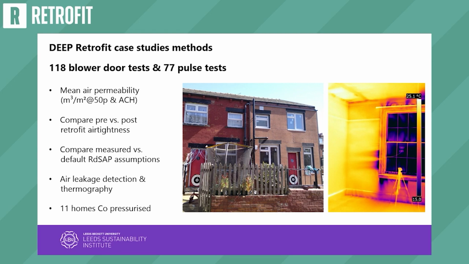Okay, so we can do that. So we did over 118 at every single stage of all the different retrofits to see if installing loft insulation, for instance, actually affects the air tightness of the house, or wall insulation changes the air tightness value of the house. Okay, I've got something down there called co-pressurization because we've identified a phenomenon which hasn't yet been identified, so we're quite excited, although it does have rather large implications for the blower door industry, that we are observing around 10% interdwelling air exchange when we are doing a blower door.